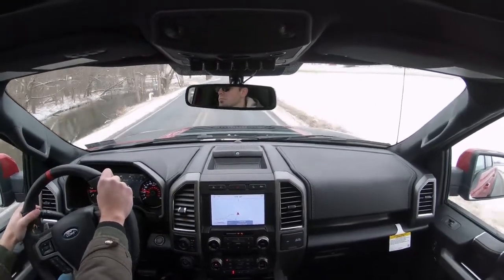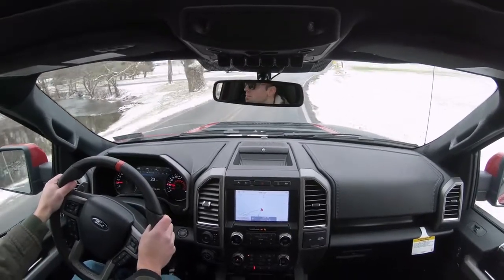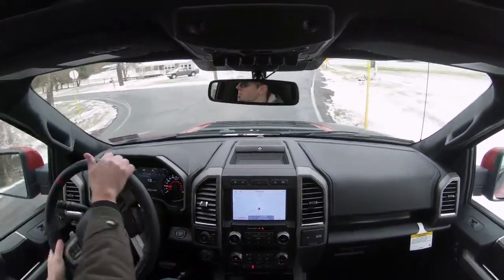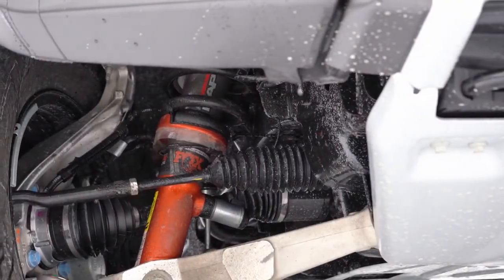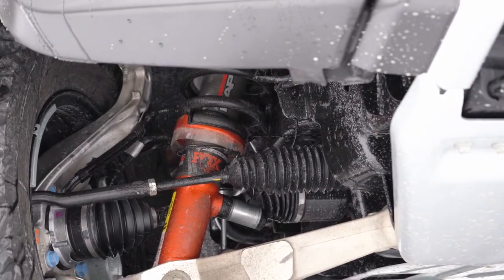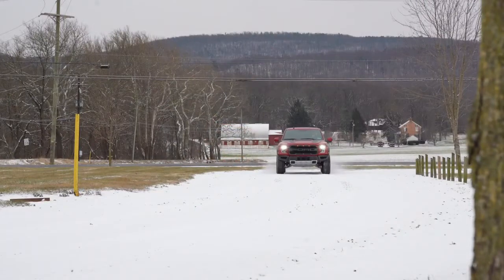And let me elaborate a little bit on those Fox shocks, because they really are a game changer for the Raptor, honestly. The Raptor's always been very off-road capable, with really nice suspension, but the Fox shocks that were introduced for the 2019 model year really changed it. They made it even better because these Fox dampers continuously adjust in real time, and Fox calls it live valve